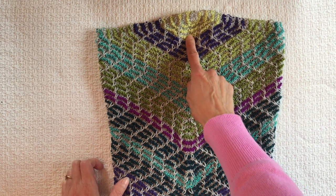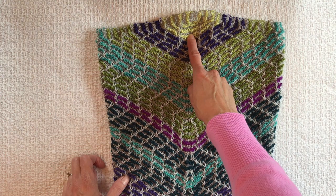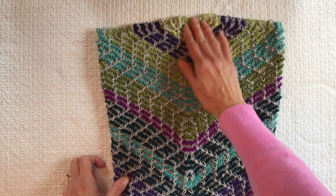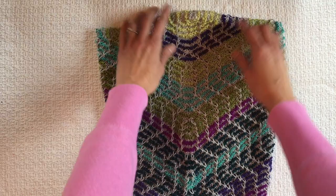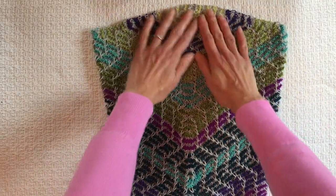Now, I did a 3-needle bind off because I hate grafting. I am not a grafter. I'm a 3-needle binder offer, and so that is what I did, and I'm really happy with how it looked. Now, this got a little stretched out when I blocked it, but I'm totally fine with that. I actually want to stretch this out a little bit more,